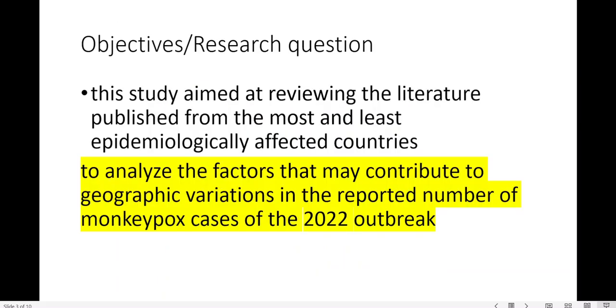Now, there has to be a specific research question which is correlated with the objectives of this study. So you can either write the primary research question, or you can write down the objectives. In this review, the objectives were to analyze the factors that may contribute to geographic variations in the reported number of monkeypox cases of the 2022 outbreak. And the main geographic area that will be investigated is the most and least epidemiologically affected